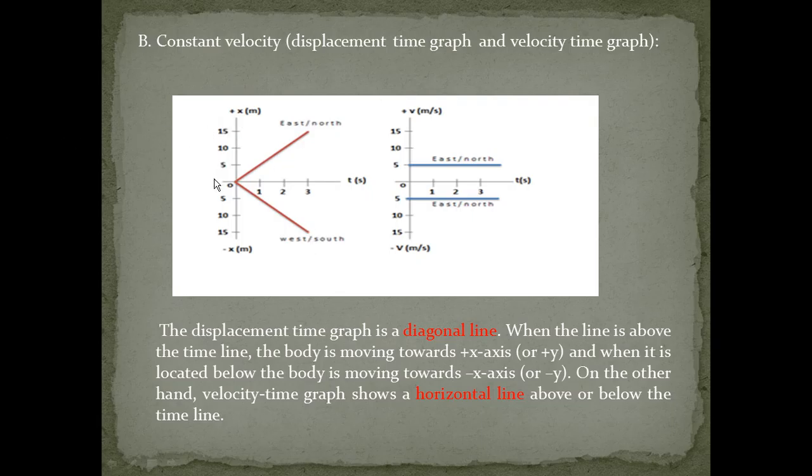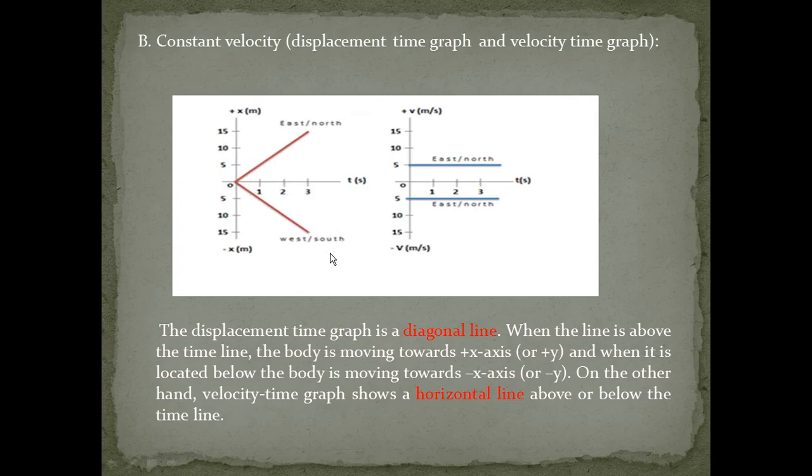Okay, so uniform motion is, of course, motion with constant velocity, and since the velocity for a displacement versus time graph is represented by the slope of the line, the slope of the line here represents the velocity, and velocity is constant, therefore the slope is constant. So correspondingly, in terms of geometry, a constant velocity is a diagonal line either sloping upward for the positive sense of the direction of the velocity, or sloping downward for the negative sense of the direction